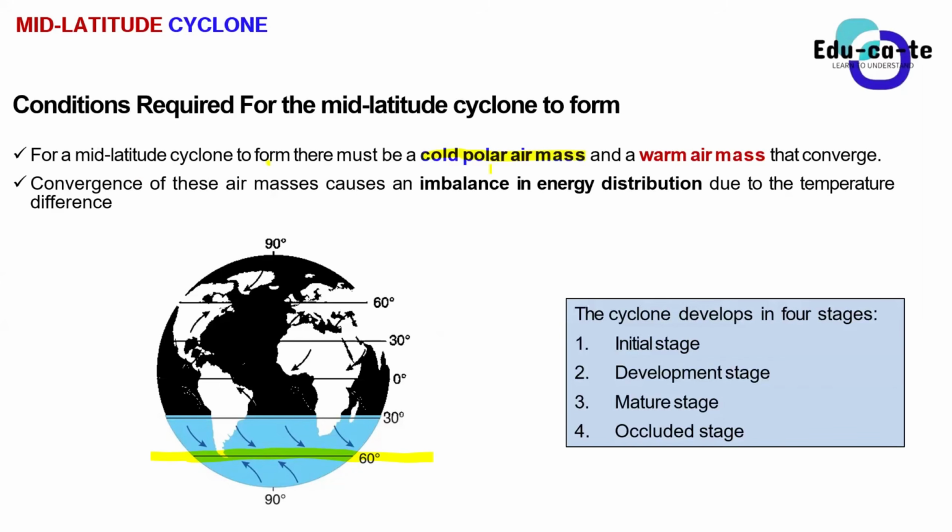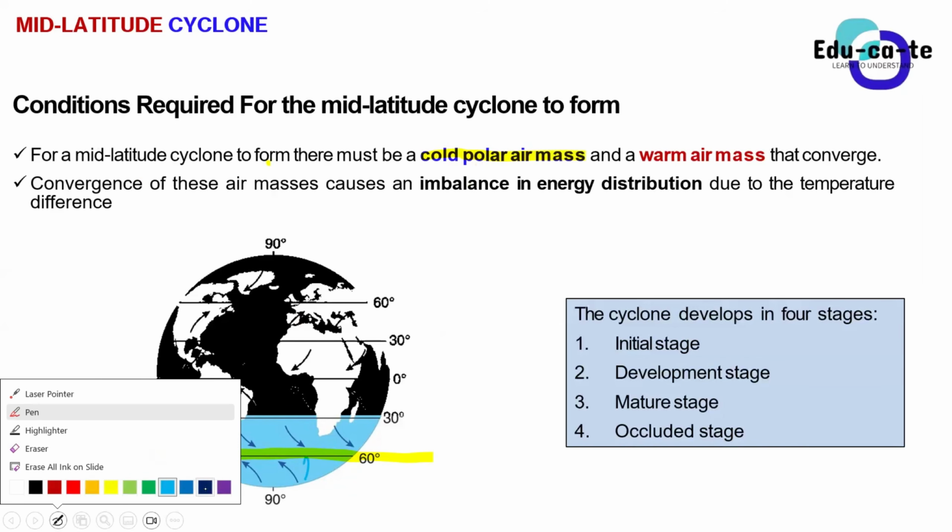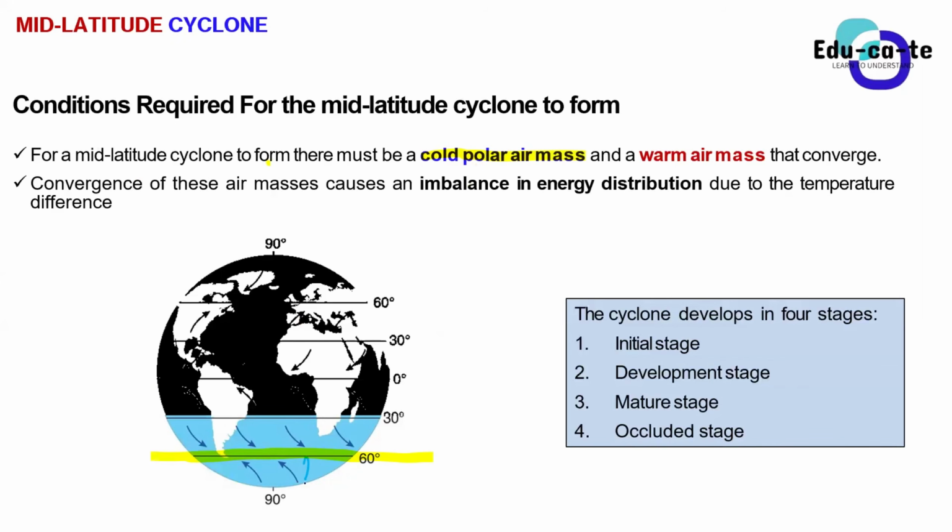We are talking about the polar easterlies, right? There must be cold polar air masses, which is the cold air. These easterlies, remember the polar easterlies, they are cold, right? We say they are cold polar easterlies, the ones that are coming from the 90 degrees line of latitude. So this air mass that's coming from the 90 degrees line of latitude is known as the what? As the cold polar air mass or cold polar easterlies, the formal name.